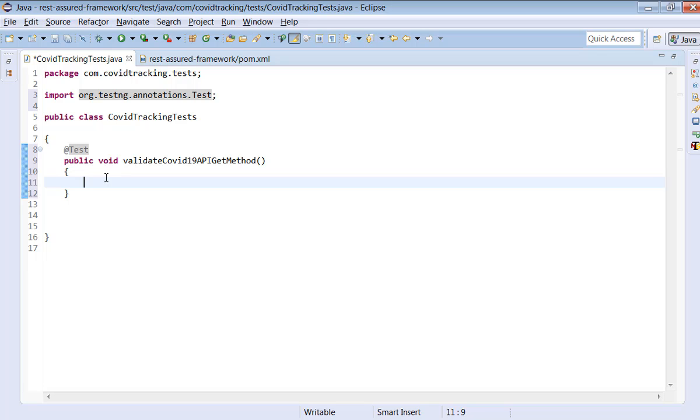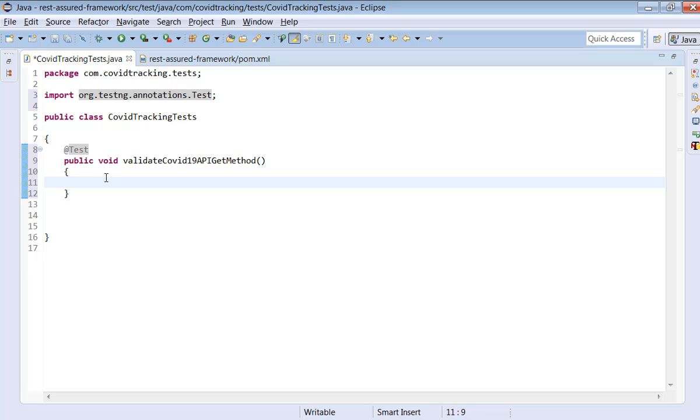First step, as I said, before we start, we need to create a request specification object. Why? Because we have to build our request. What is our URL? The REST endpoint URL.